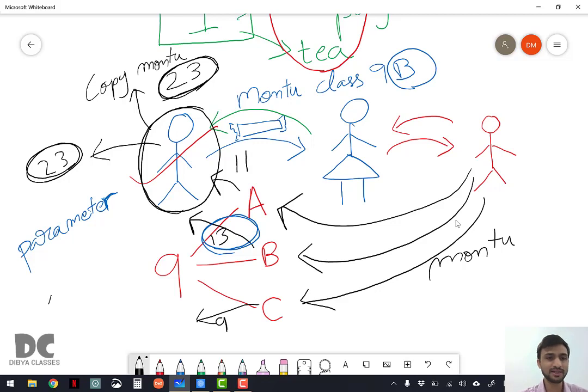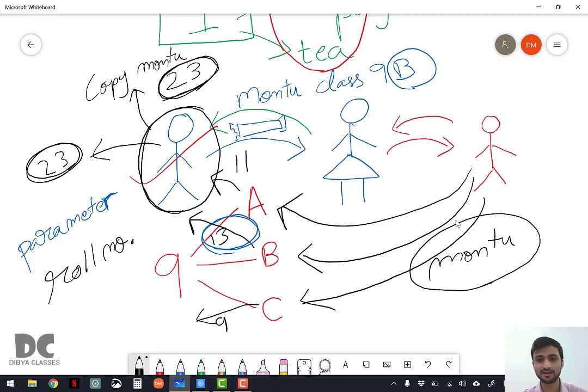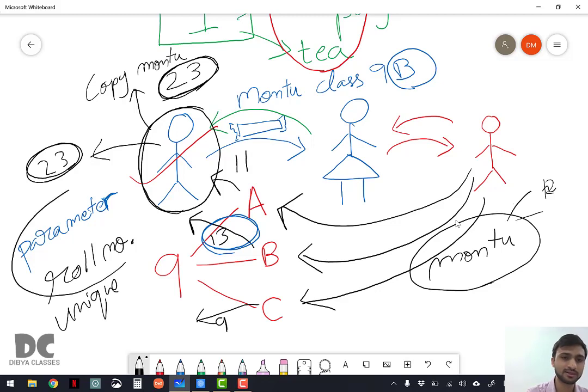Now roll number is the parameter, because in class 9B there may be many Montus, but it is not possible that two people will have the same roll number, because roll number is unique. Roll number is a unique parameter.